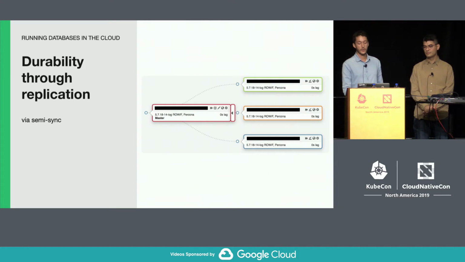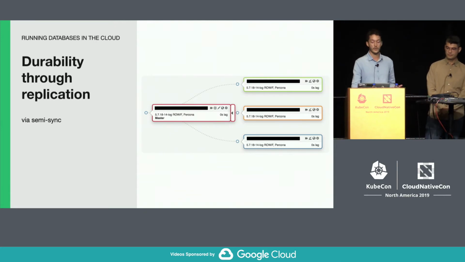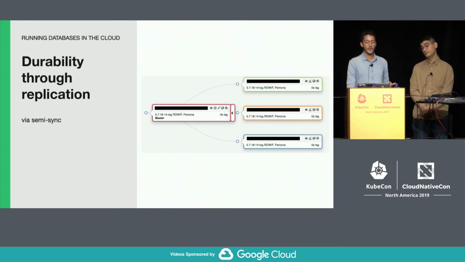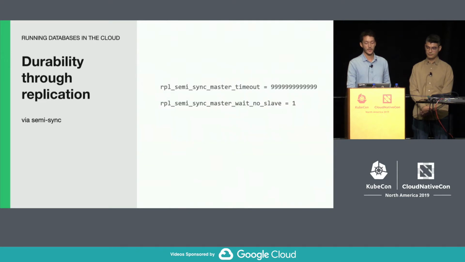Traditional data storage software treated data as durable as soon as it was flushed to disk. A new approach to durability is achieved by copying the data to multiple machines and even geographical locations. In this example, we have a replication topology with a master node and 3 replicas in semi-synchronous configuration, all deployed in different data centers. We can fail over to a new replica when the master dies with no data loss. Or even if a replica dies, let's simply reprovision it from scratch. And we can do